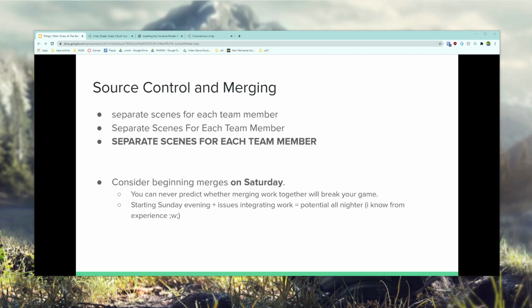Just make sure that you're communicating and making sure that everyone isn't working on the same scene at the same time. On top of scenes, make sure people aren't making modifications to the same scripts too much at the same time. Those can obviously still be merged pretty easily, but the more you communicate about who's editing what, the better things will work out when you merge. And then in regards to that,